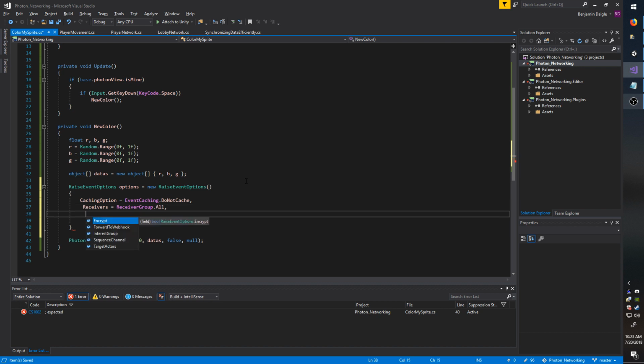So you have encrypt, whether you want to encrypt the event or not. Forward webhook, I haven't actually looked into. You'll want to read the API. Interest group is kind of like the groups when you send RPCs. It's the very last parameter, which you don't have to necessarily use, but you can. And sequence groups, I have not looked into, but it looks like you can just set a priority on the packet. And target actors. Now, if you've used Unreal Engine, you'll know that an actor is kind of like a